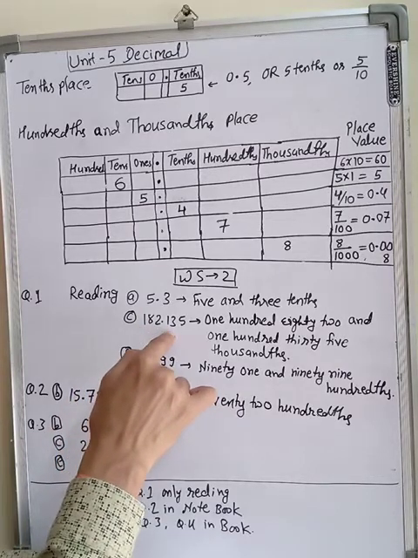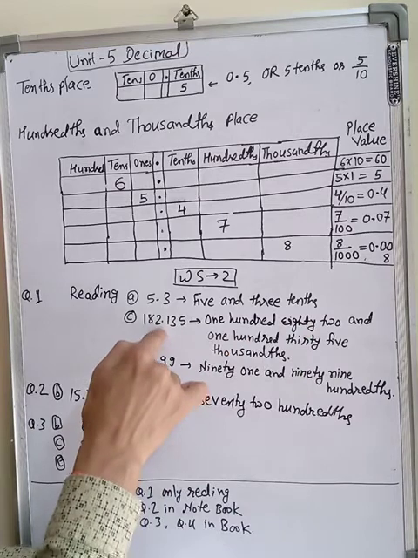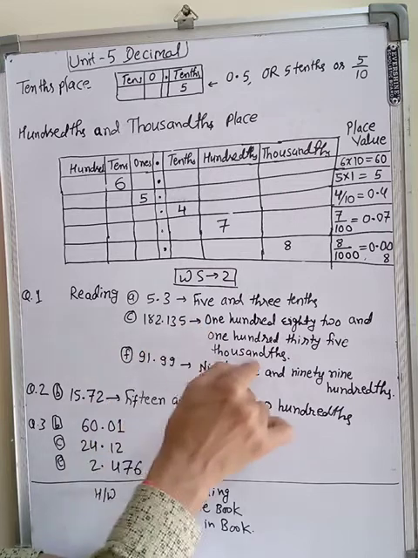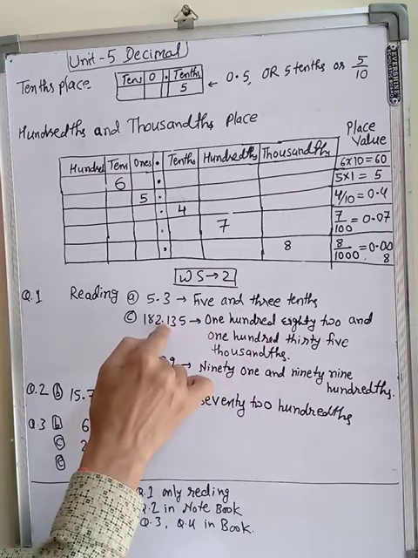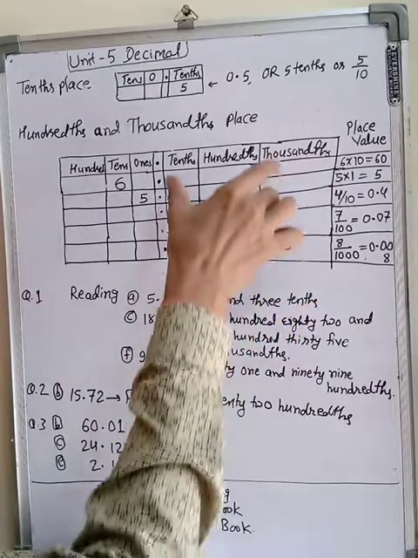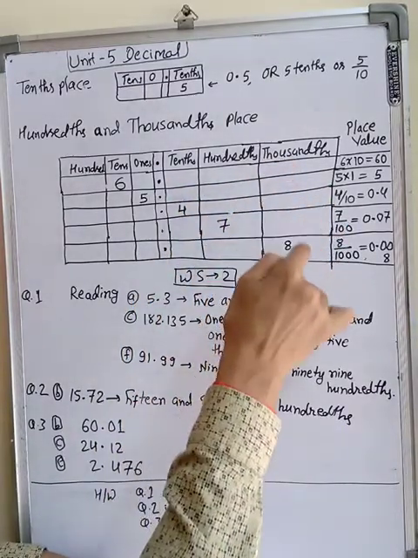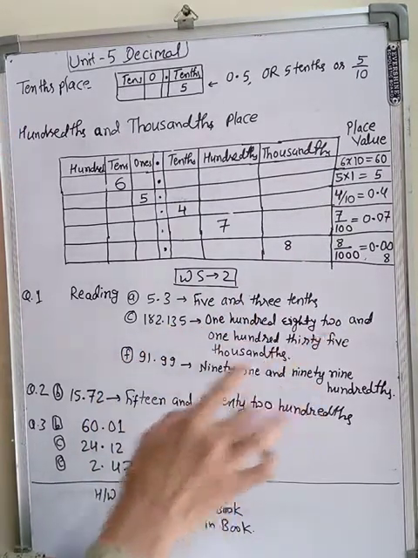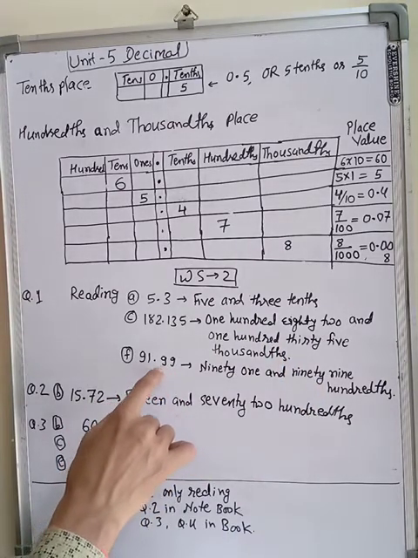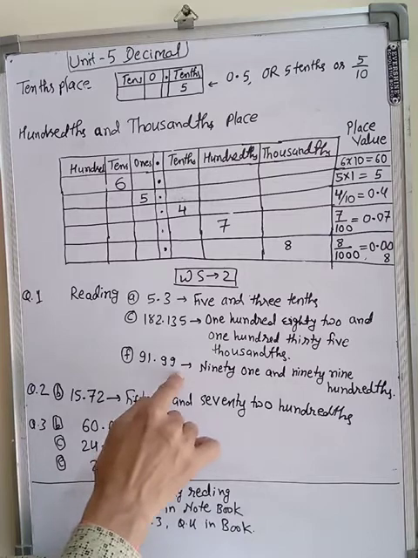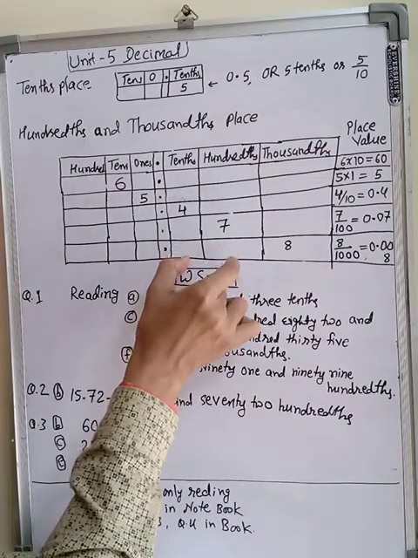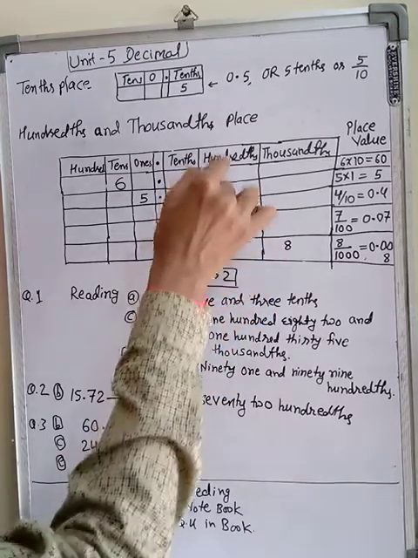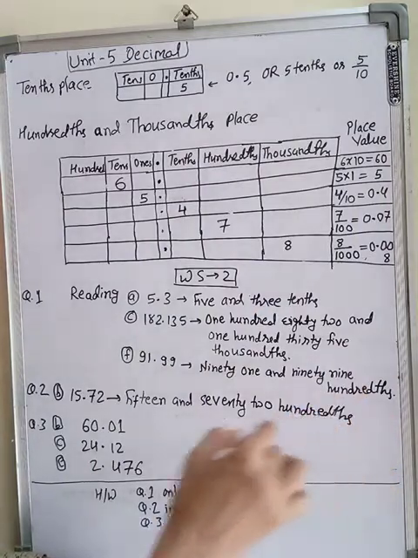182, and this decimal part we will say, how much is this? 135 thousandths. In total, how many decimal places are there? 1, 2, 3. So 1, 2, 3 means 1000. The digits are going up to the thousandths place, so this reading will be 135 thousandths. Read this: 91, and how much is this? 2 places. 2 places means restricted up to this, you have to read only up to here, 2 places. So 99 up to here only, so hundredths, 99 hundredths. So the reading will be in this way.